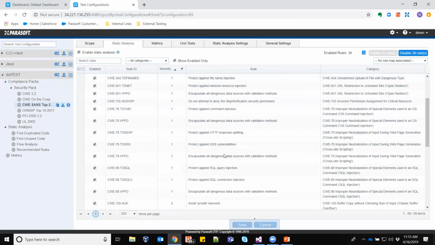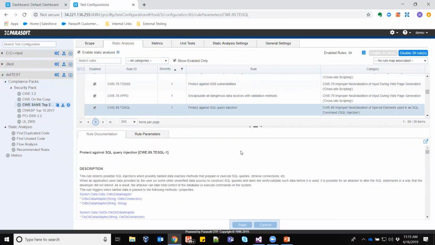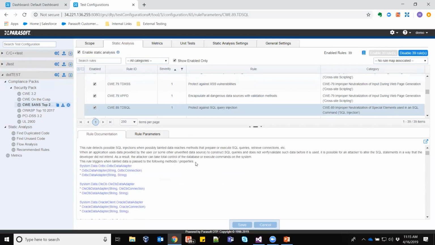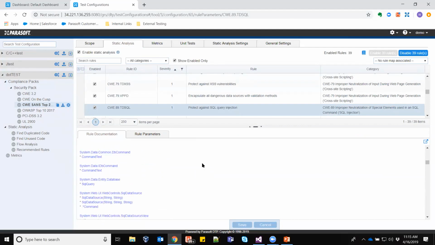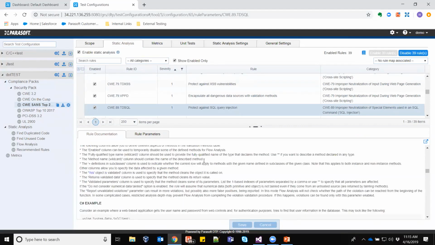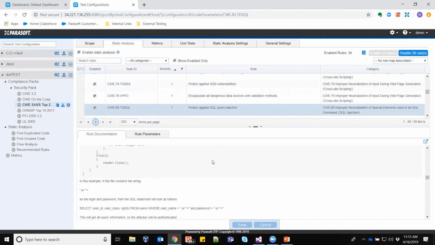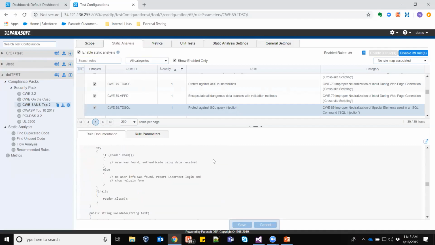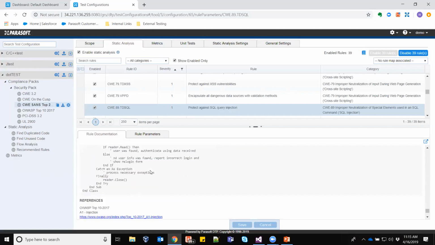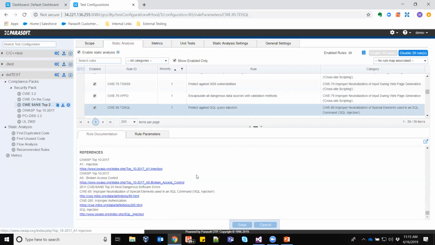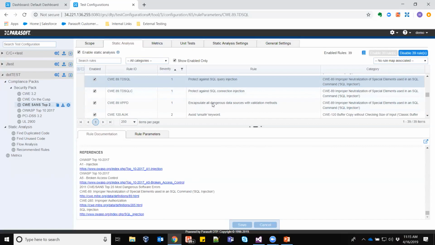And ultimately, as I'm reviewing this, what's nice is there's documentation associated with every rule, which goes into descriptions, it goes into the security relevance, as well as example code, example repairs, and of course, references here at the bottom for where these rules came from.